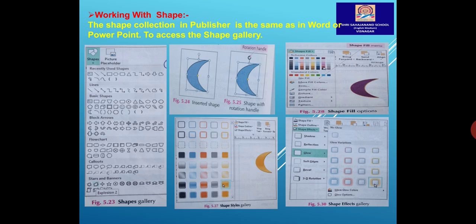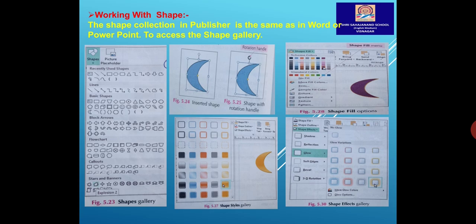The shape gallery opens. Here is a figure about the shape gallery. Select your preferred shape by using the mouse. Click and drag to draw a shape as per your desired size. By using the resize handles, we can set the size as per your requirement.